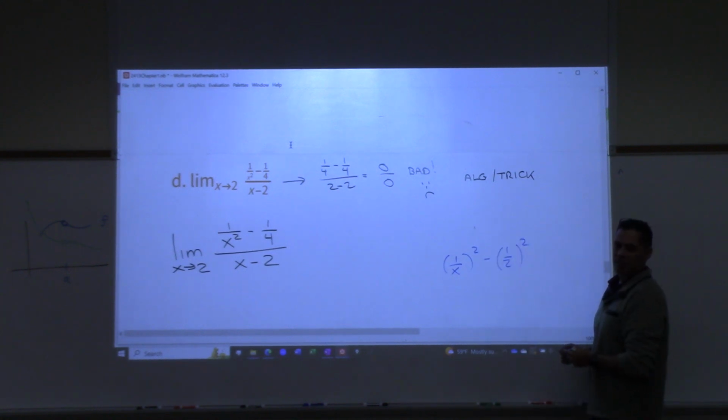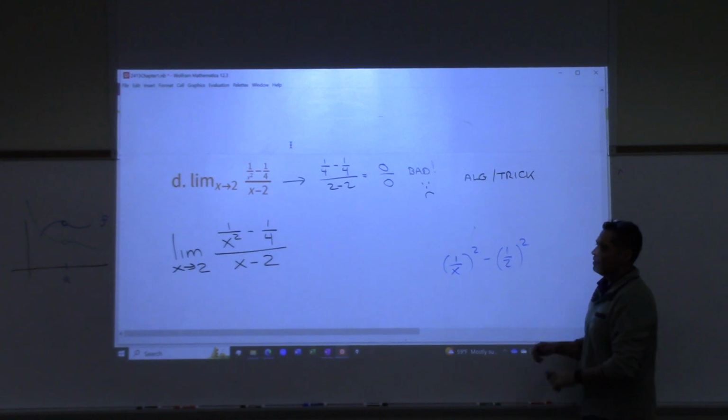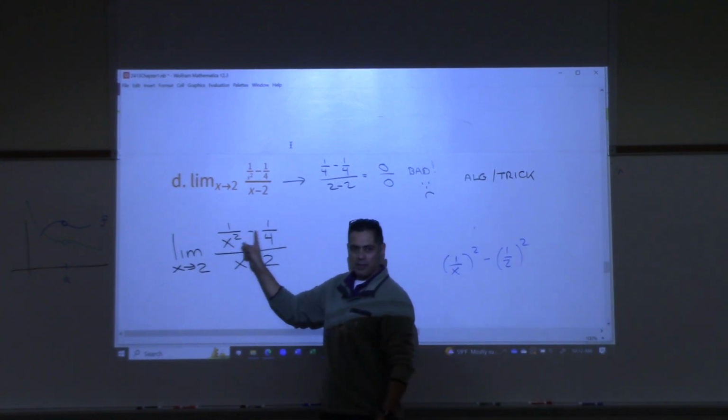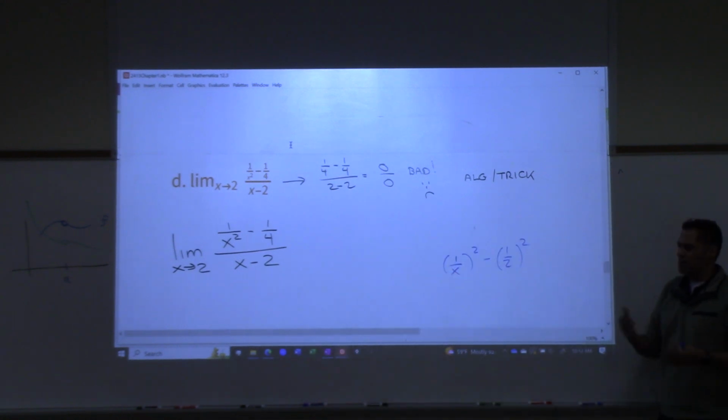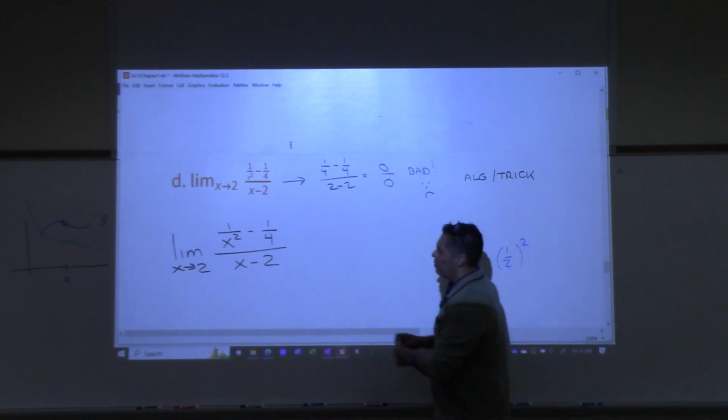Yeah? Is that what you're saying, difference of squares right there? You could do that. But I'm going to stick to the rule of thumb because it's going to be much easier than approaching it this way. So how do we combine these two together? If I want to put these two fractions